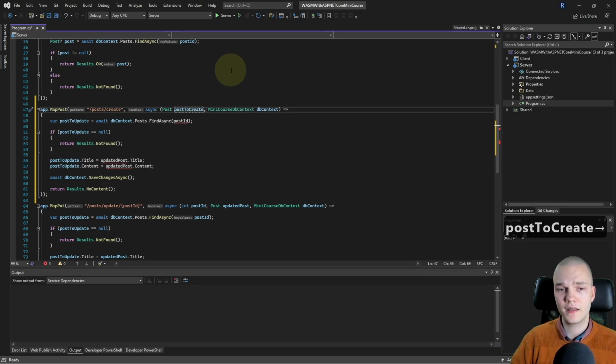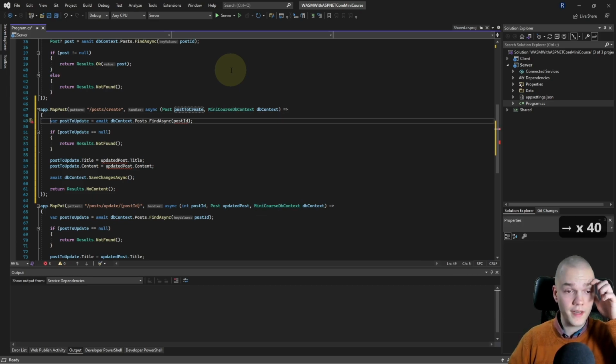We're gonna receive that in the body from the client calling this endpoint, and we'll inject the DB context.